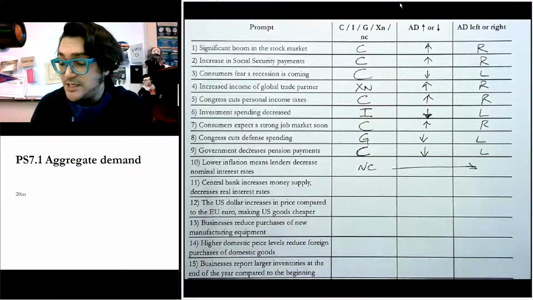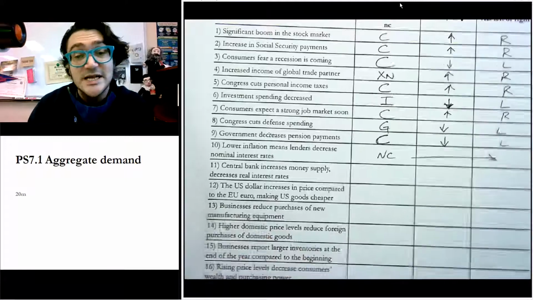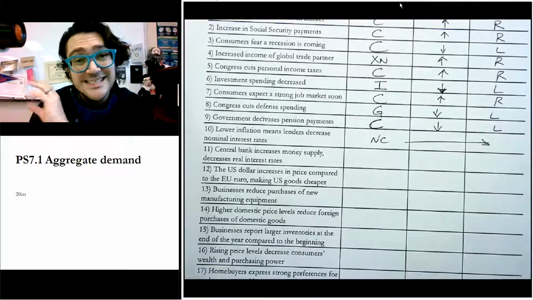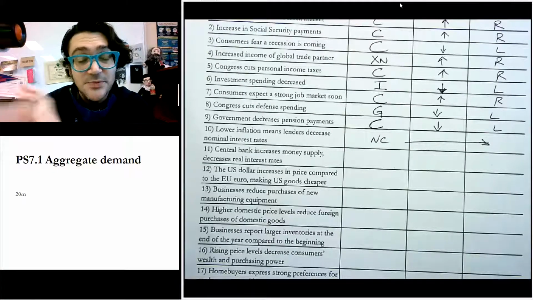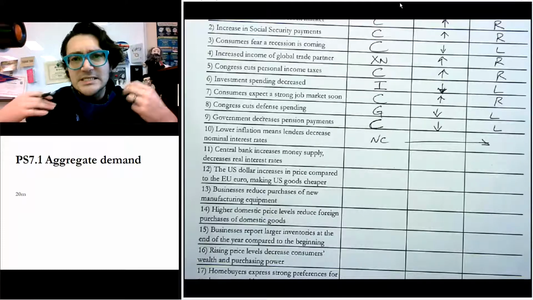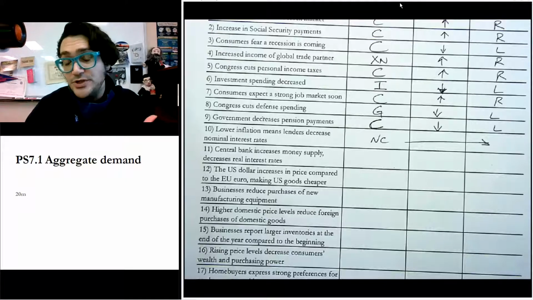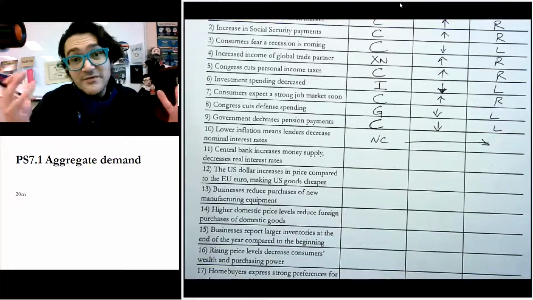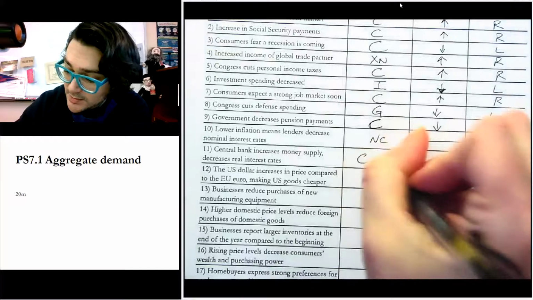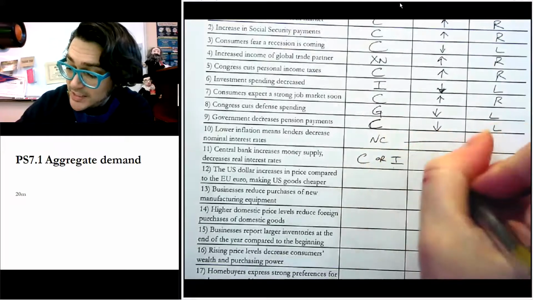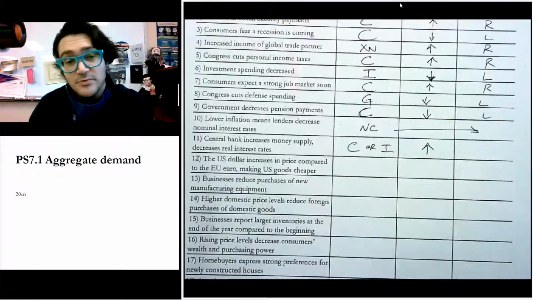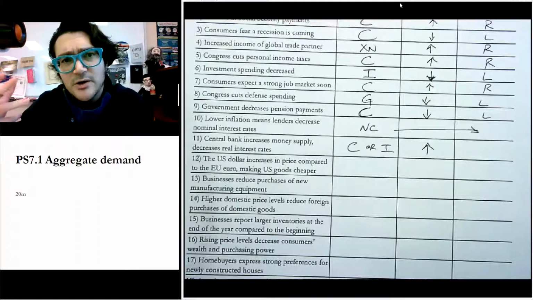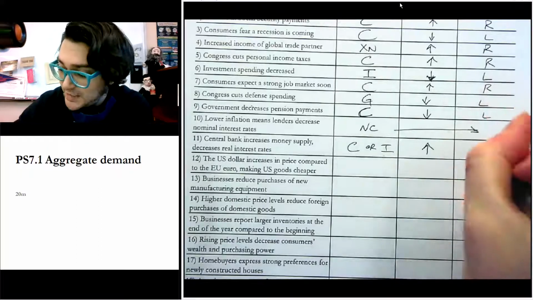Central bank increases the money supply, which decreases real interest rates. Now that is an example where the price levels didn't cause the interest rate to change. Something else did. So the interest rates went down, which means it's cheaper now to borrow. So you could say consumption spending changed or investment spending changed, either one, but either way, it's going to increase because they're going to borrow more, right? Interest rates are lower, so it increases borrowing, and so it increases spending, moving us to the right.